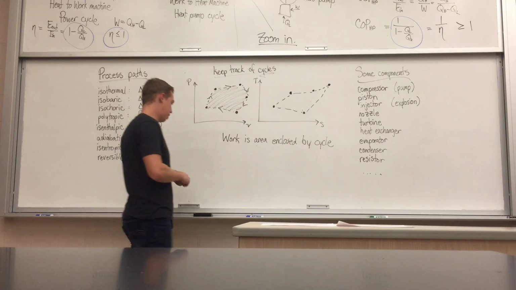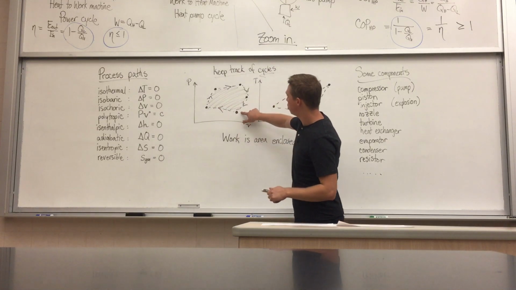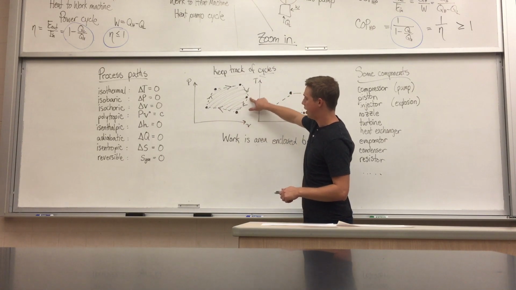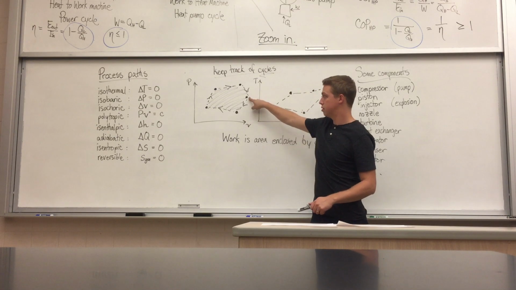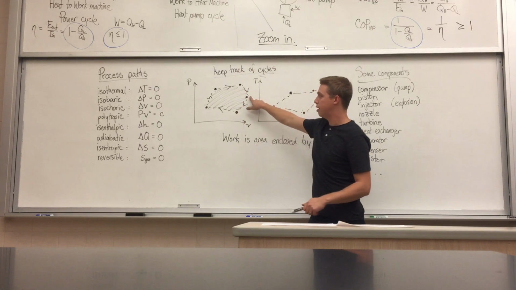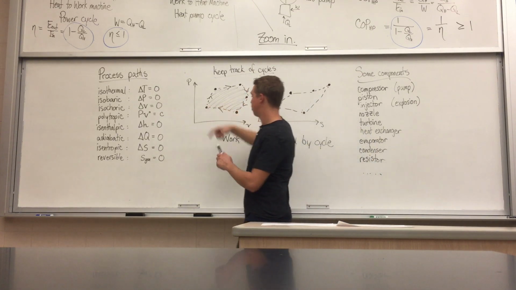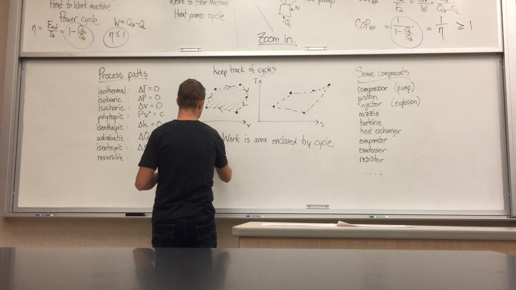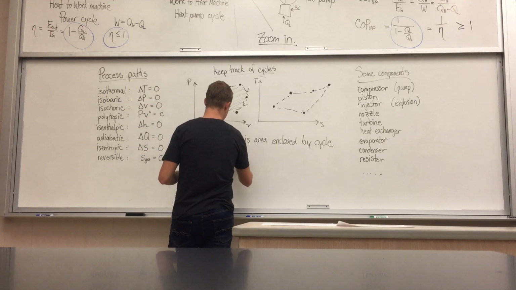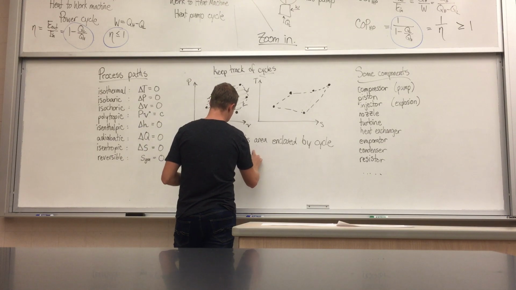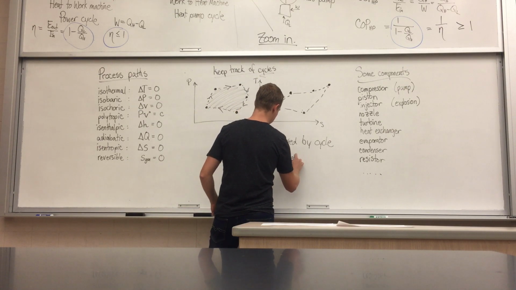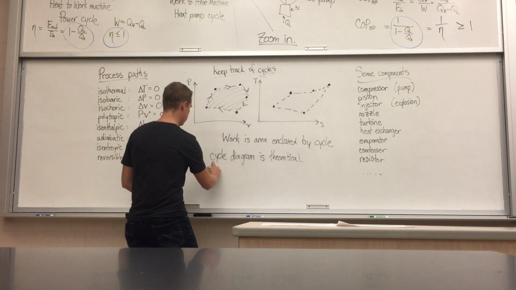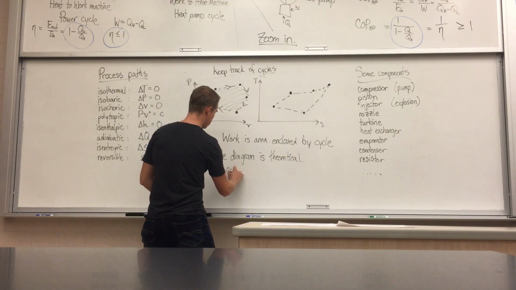The second point we have to bring up is that from each one of these points to the next, there are like perfect processes. Okay, we'll talk about that in a second. But these perfect processes are theoretical. So the cycle diagram for any cycle is theoretical. Real cycles